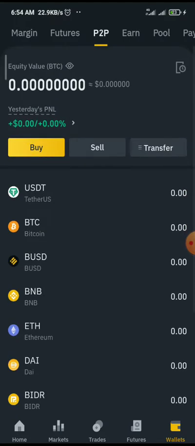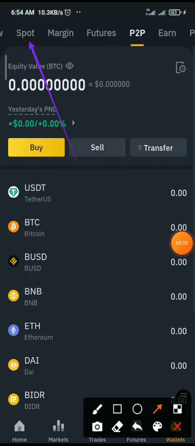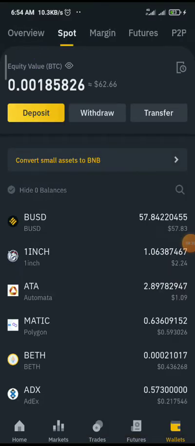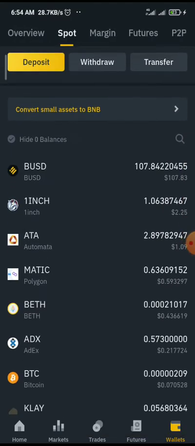So all I need to do is to scroll back down to my spot wallet to check. So this is my spot wallet here. So once I click on it, I check. You can see before I had about 60 something dollars. Right now it's 107, I think, yeah, 107. So now that we have our coin, our BUSD that we bought from the P2P market,